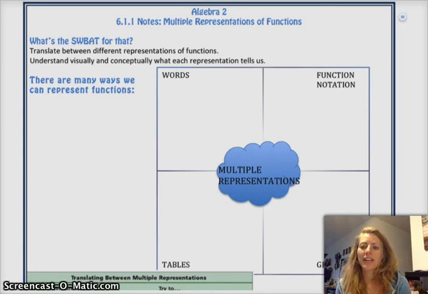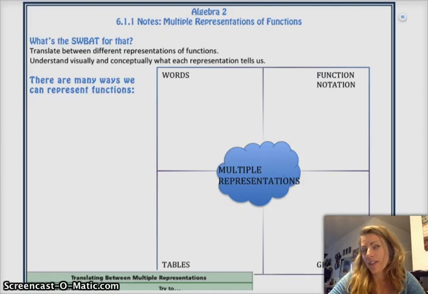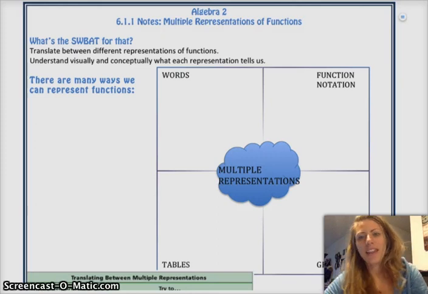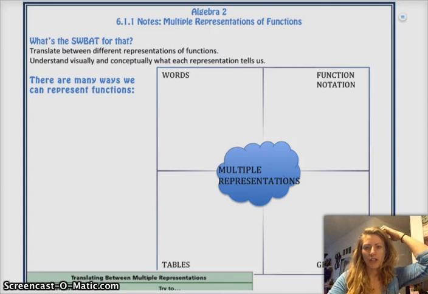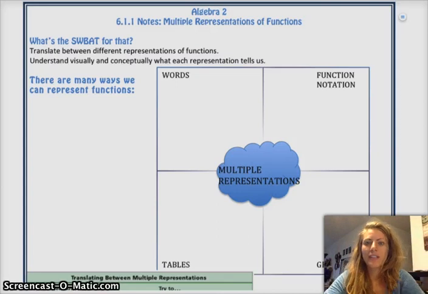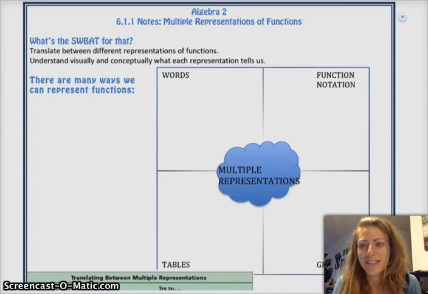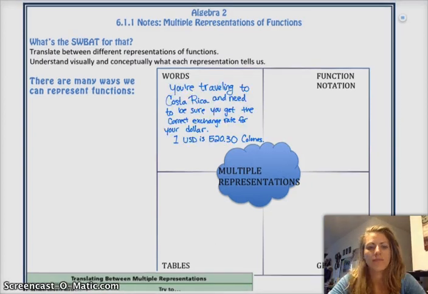Okay, so for example, this is kind of spring break-ish time, and so probably many of you have traveled. If you travel outside of the United States, you have to deal with currency exchange. And so that might be a scenario that you'd have to use a function for. So let's say we're traveling to, let's go to Costa Rica, because I was there last summer. Okay, so traveling to Costa Rica,